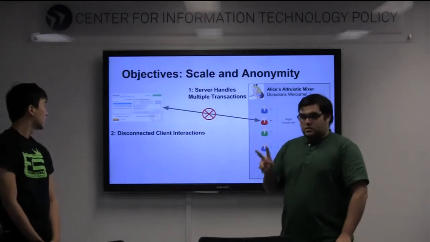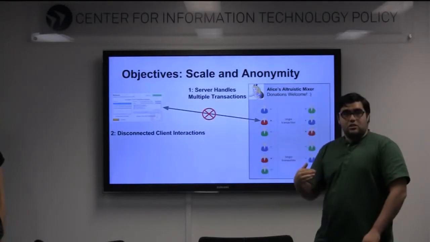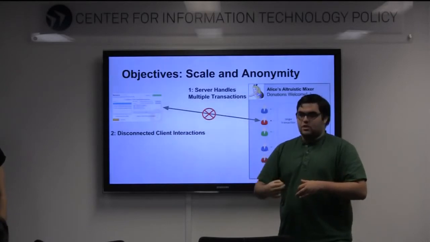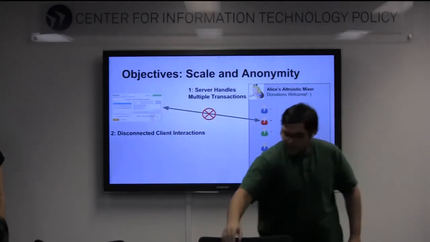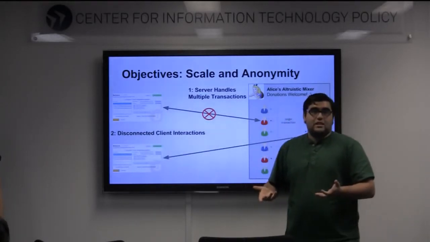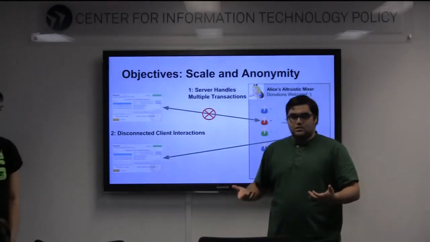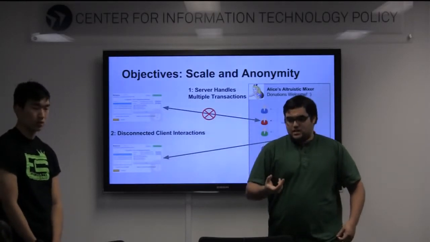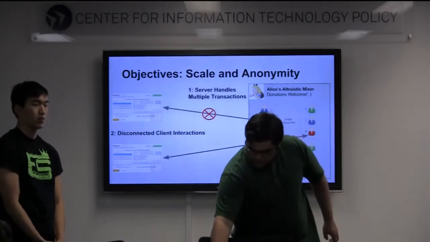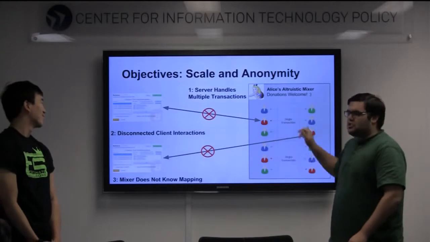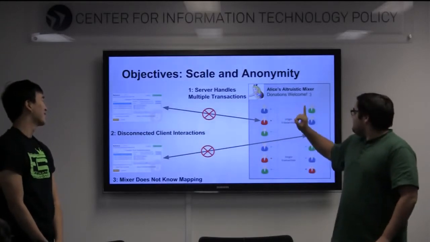Secondly, all the API calls to the server happen on a separate connection, so the client will, on a different socket, disconnect after each API call and then reconnect for the next API call. This will allow the client to hide behind an anonymity network, so that the server knows nothing about who the client is. And finally, we have these nice colors in this image, but the mixer will